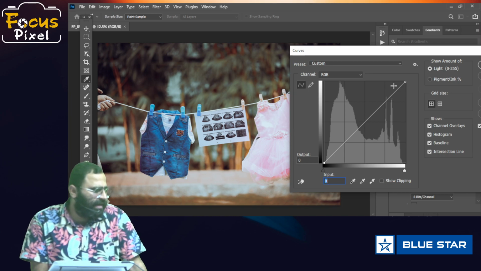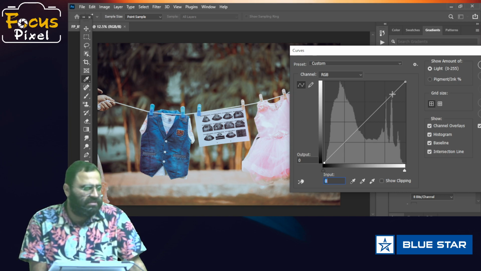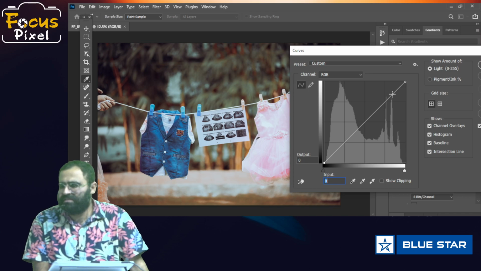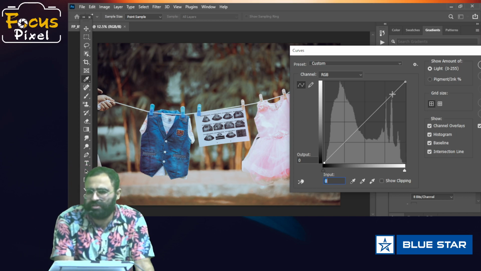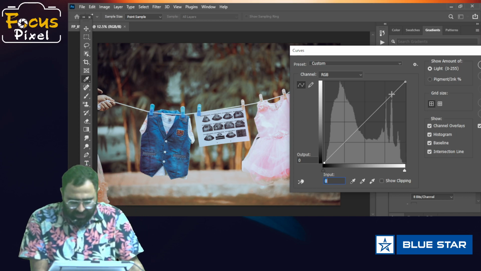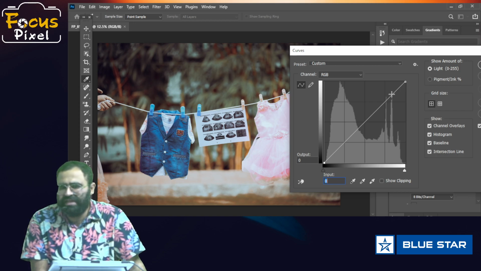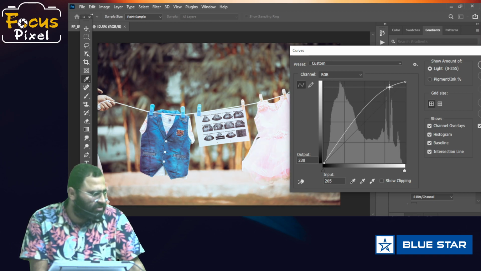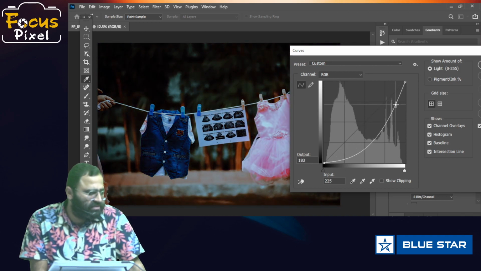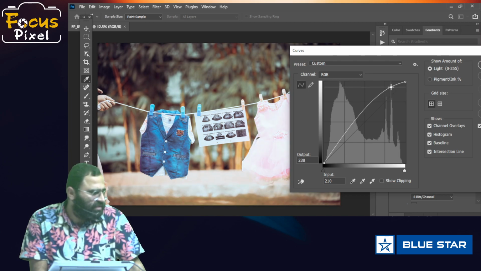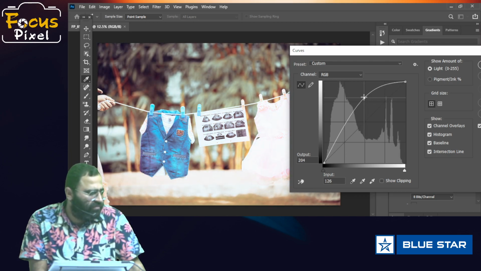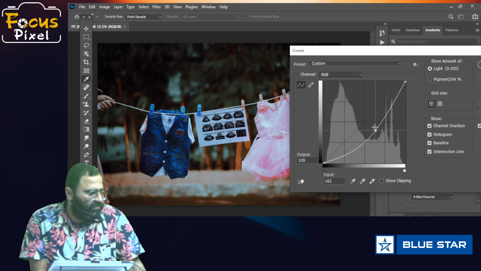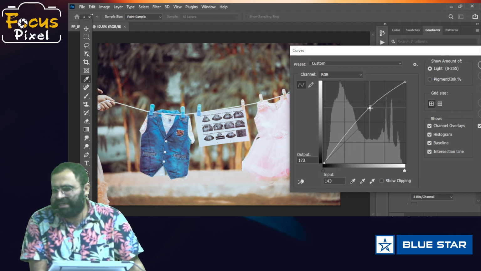So I'll have to arrange this curve in such a way that the exposure value is very good. So I can just play with it. I'll just hold one click over here and drag this towards the top to increase the highlight. This is to decrease the highlight. So you can see that it will move in a curved way, making the exposures right.